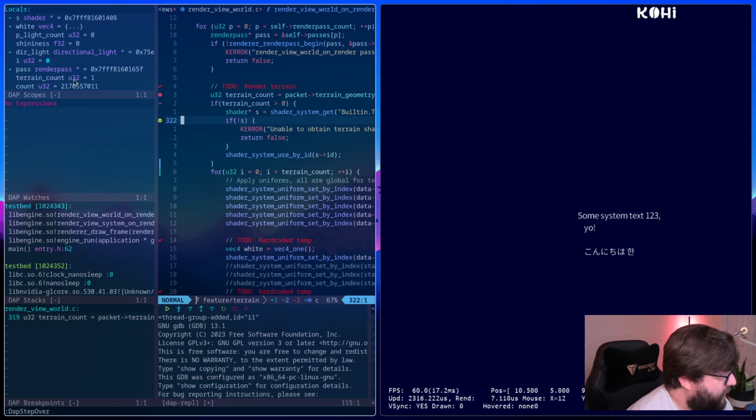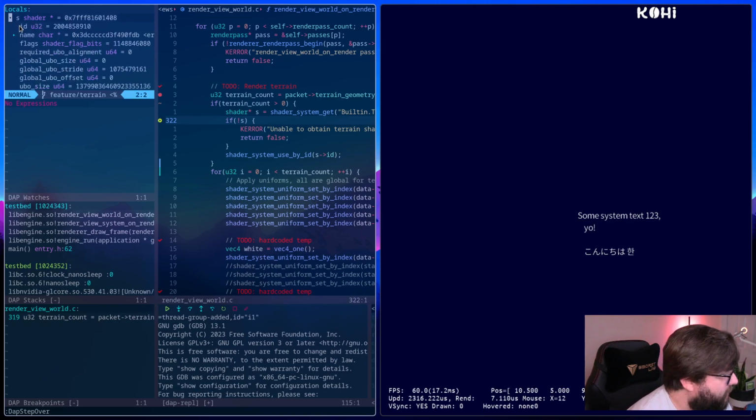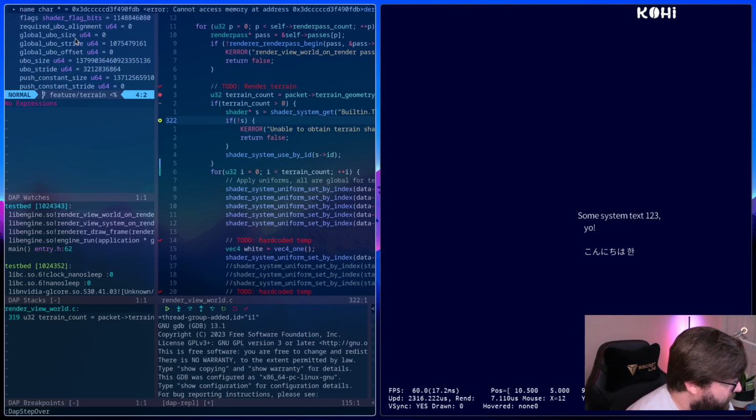So if terrain count, okay, so we do have a terrain count here. Did we get a shader? There it is. Okay, yeah, we did get a shader. Let's see, does everything in here look valid?